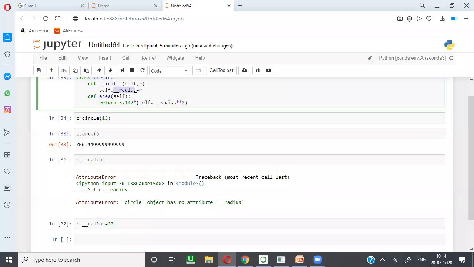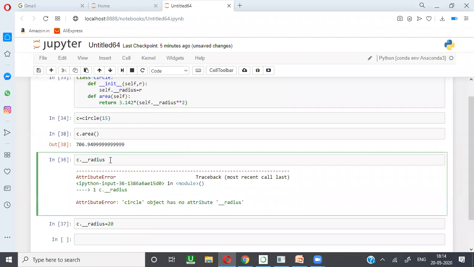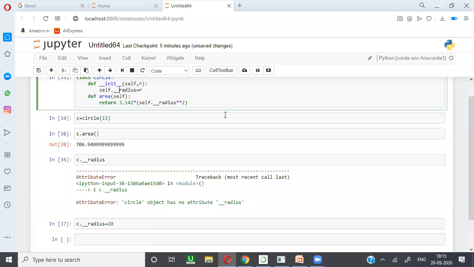So it will work within the class only. If you come outside the class, it doesn't work. So simply I'm getting the Circle object has no attribute __radius. If I keep it as normal, then it will come as usual.